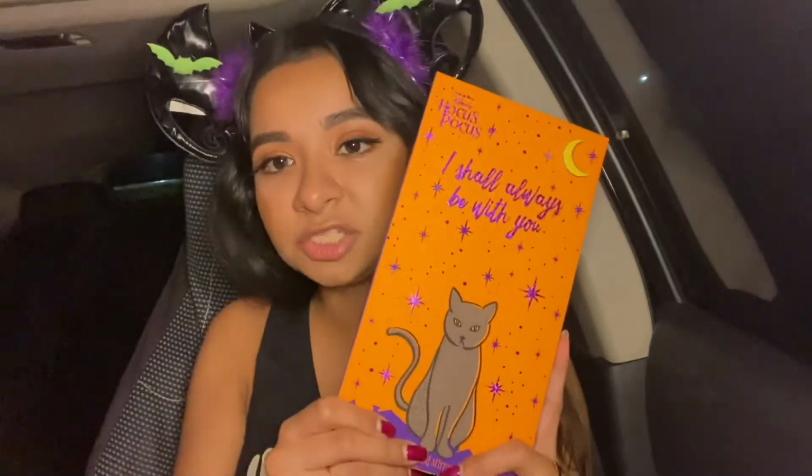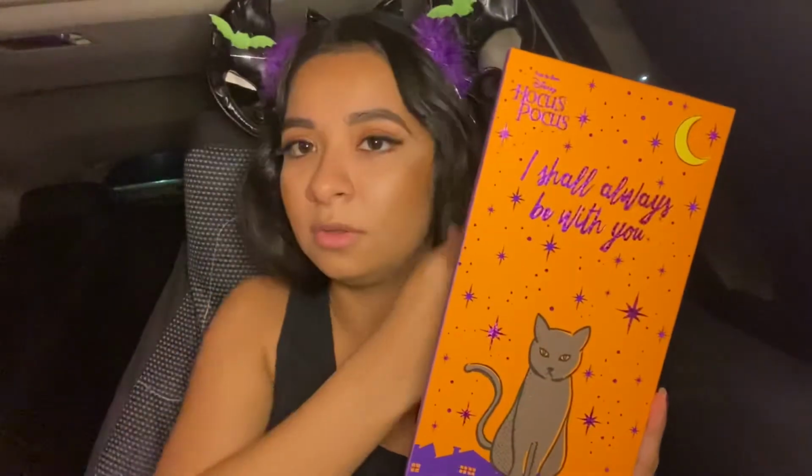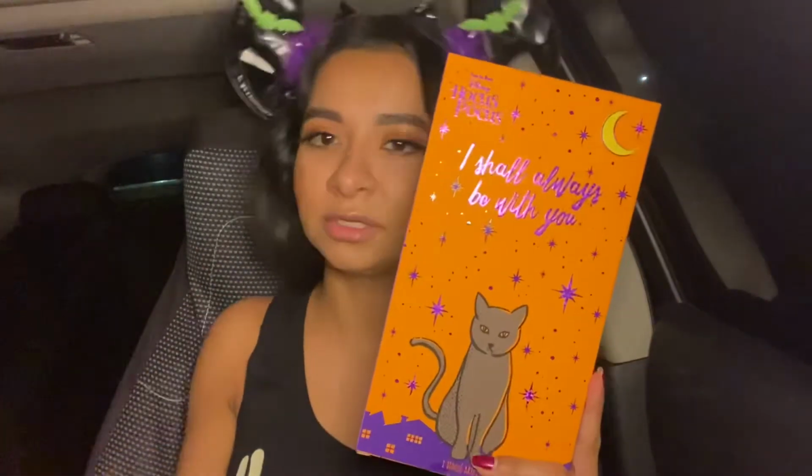But I love the packaging in both. I think that's probably why they went with more color with this one, because they wanted brighter colors, like yellow, orange, all that good stuff. Not my cup of tea. But anyways, the mirror comes in this little...